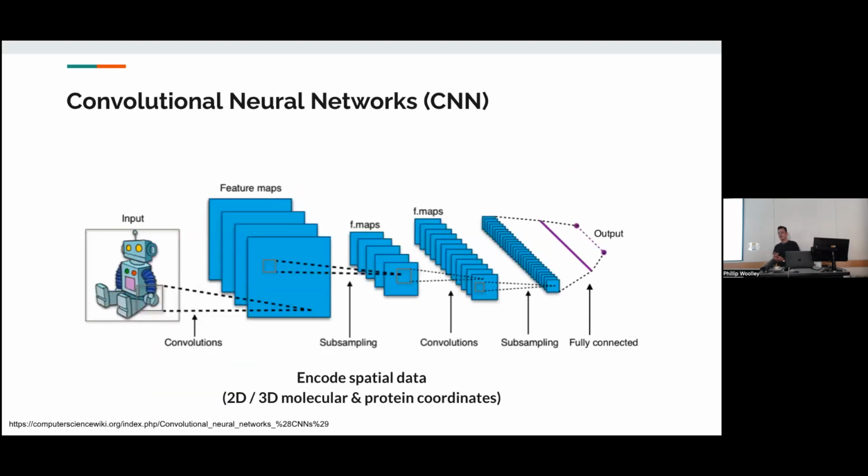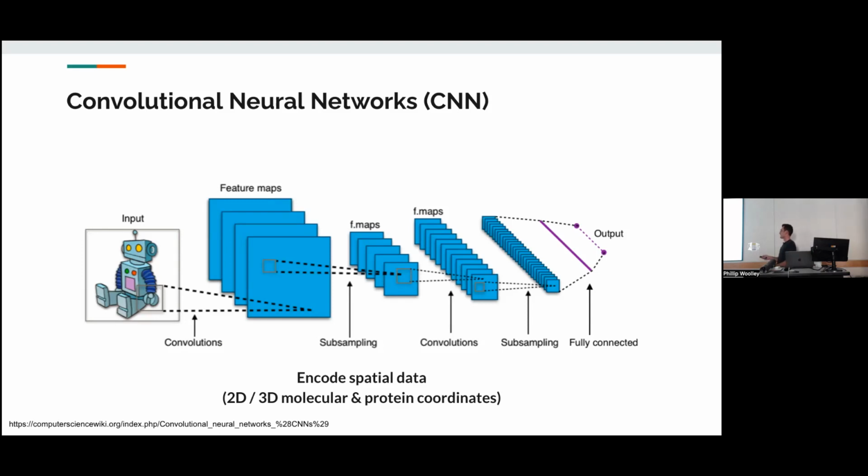One naive way to deal with these is to just smash down that 3D coordinate system into a one-dimensional vector arbitrarily and then pass it into a feed-forward neural network. That has the downside of losing a lot of the relational information between these coordinates. And we can actually preserve the local relationships that we see with these mathematical operations called